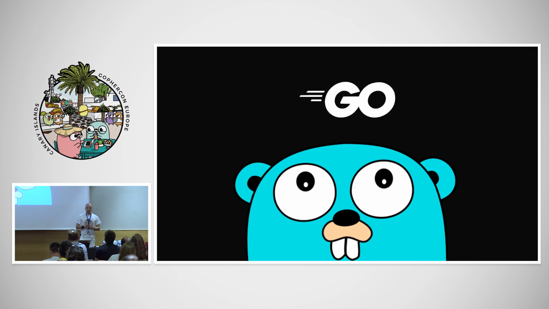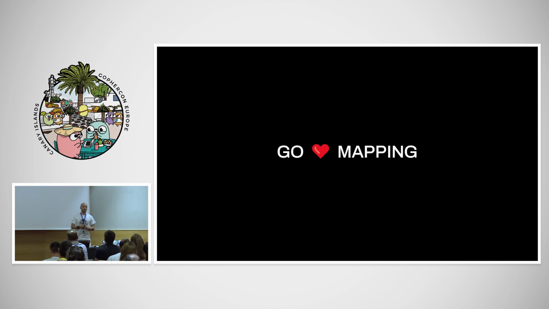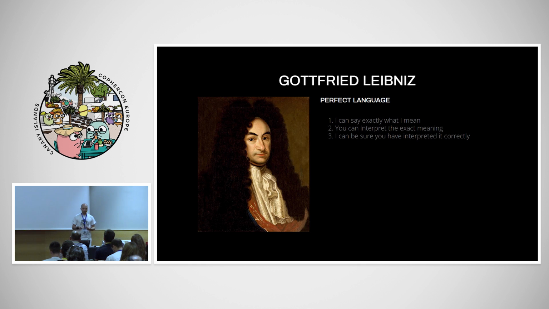And that's finally where I can start talking about Go. Go is a language that gets this mapping process absolutely right. It embraces the imperfect nature of maps and allows you to map things as simply as possible, and makes reading those maps a much easier process. And I can't help but remember here Gottfried Leibniz, German mathematician and philosopher, whose mathematical notation